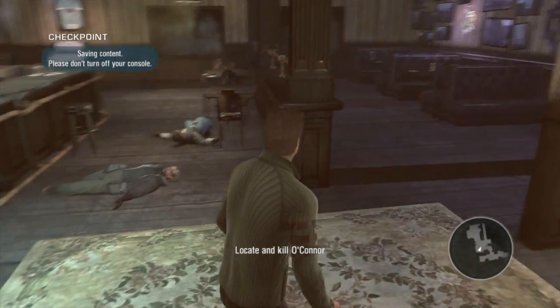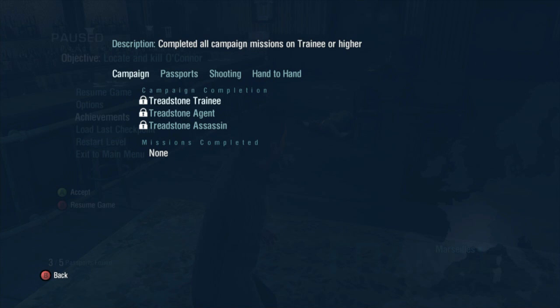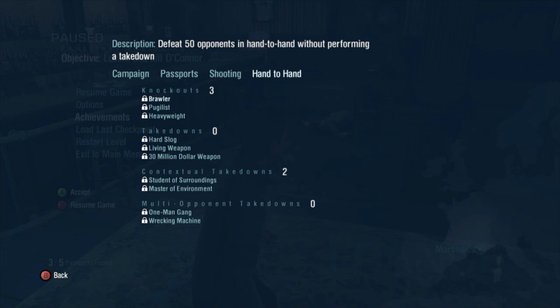Now we'll go to the pause menu first of all and go down to the achievements section to show you. If you go across to the hand-to-hands, now I mentioned the takedowns before, so there are the achievements for knocking out so many without a takedown. Then we have finish a mission without using any hand-to-hand takedowns, finish off 50 opponents using hand-to-hand takedowns,